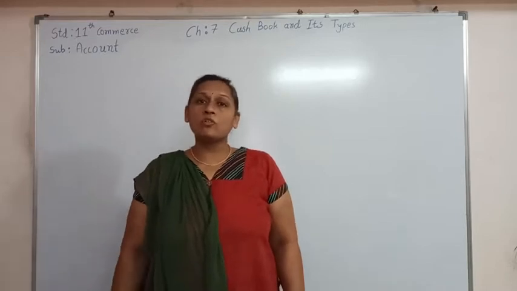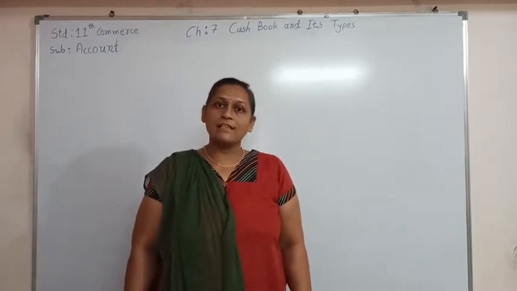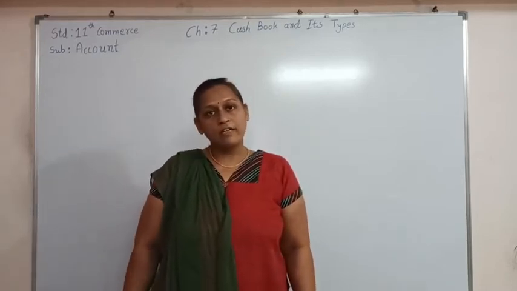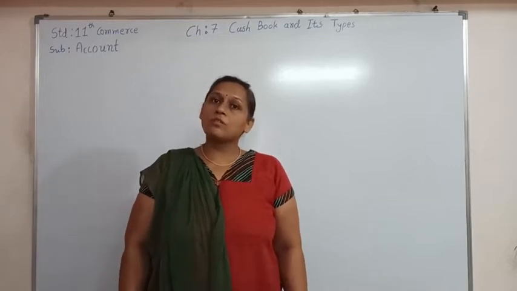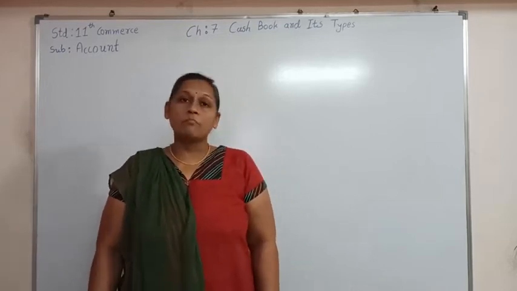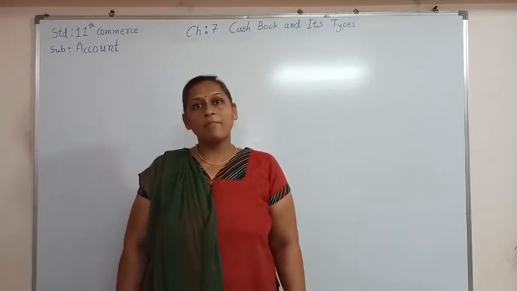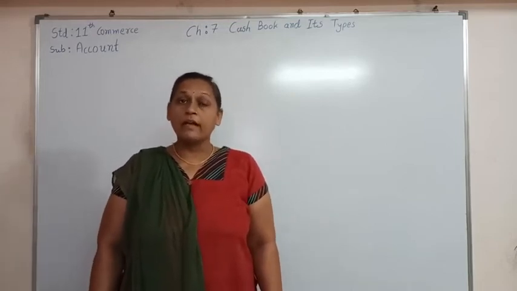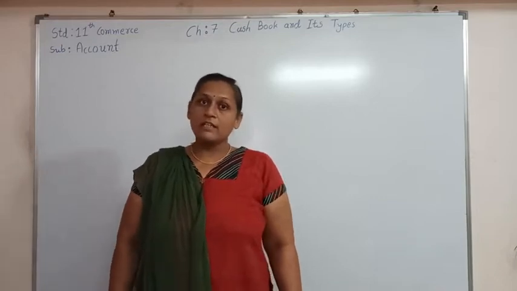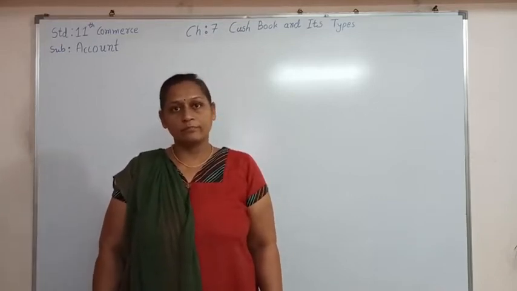As we know and discussed before, cash is a real account and that column will apply the rules of the real account, and bank is a personal account and the rules of the personal account will be applied to that column. And here we are going to see sum number 3.